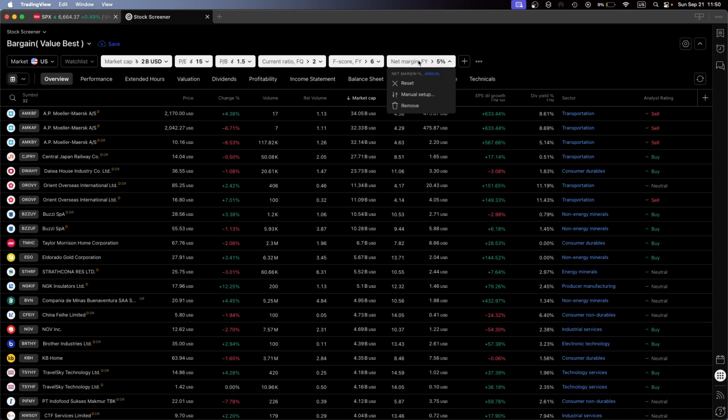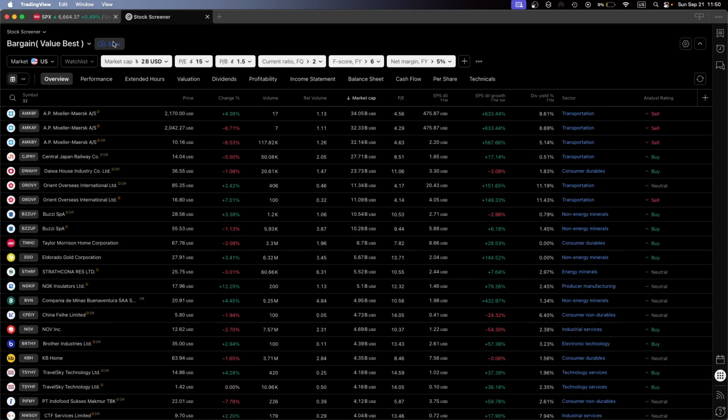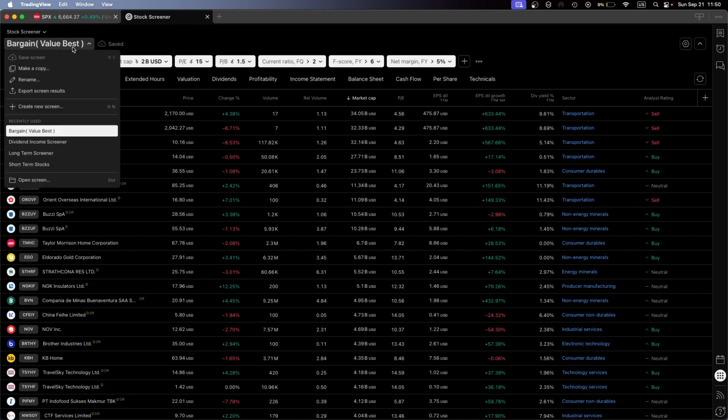And then net margin: a value stock must be in a good business. So we want to make sure the company is actually profitable. So a positive net margin will confirm that. So here you will have all the stocks. We can do the same thing, we can save it, and we can move on to the last one,